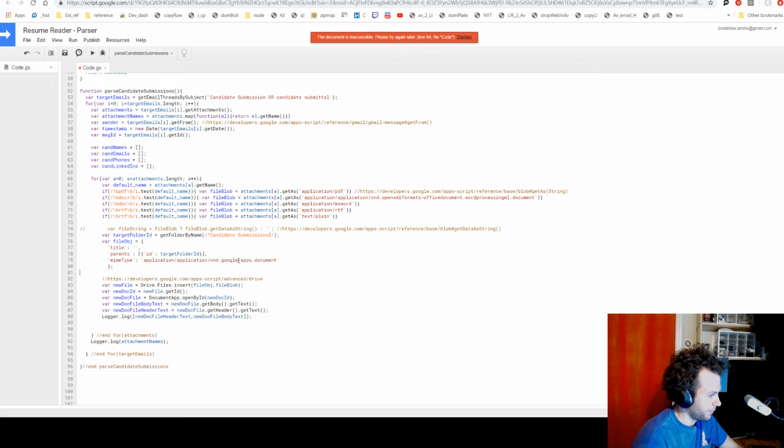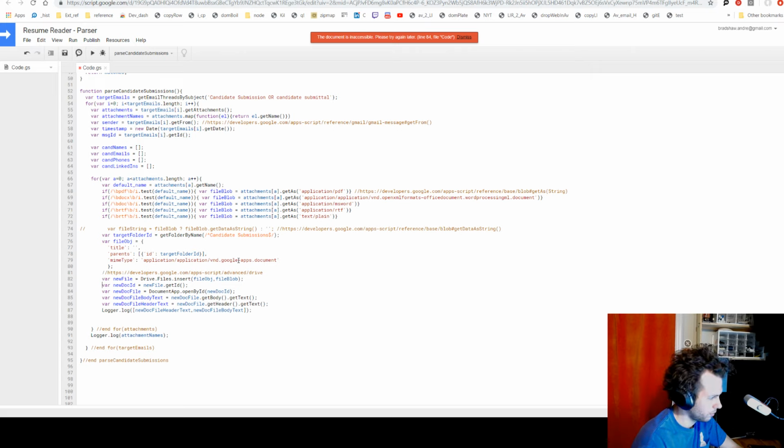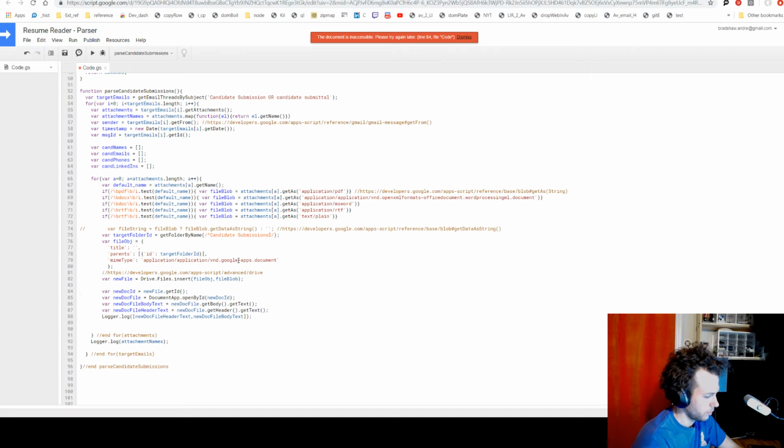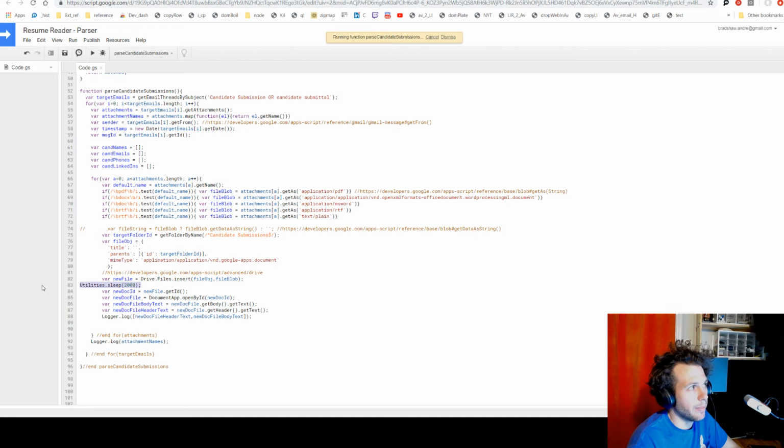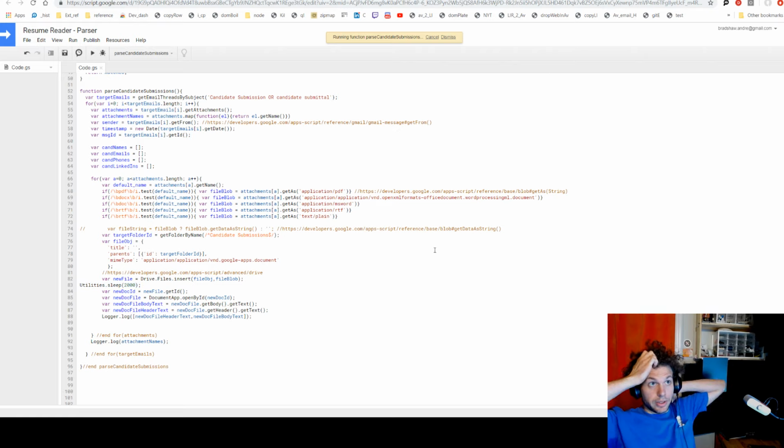Let's make it sleep for a second. So this is a timeout function, this utility sleep thing. Works differently than the setTimeout in vanilla JavaScript, but yeah, actually,